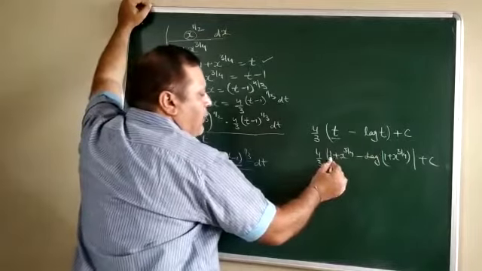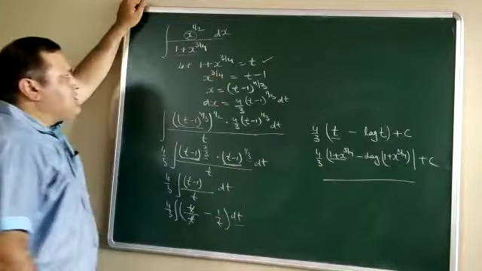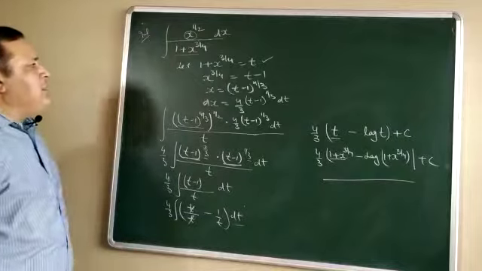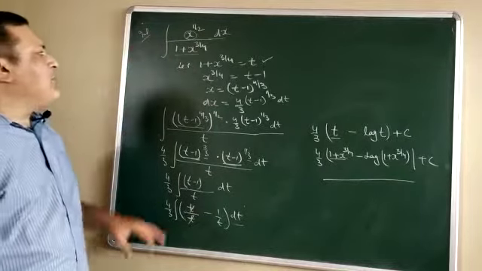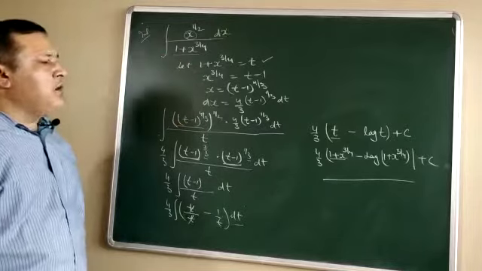Now substitute the value of t here and here, and you will get the solution. This is a very good and important question for understanding, because the derivative is not observed by us directly, but we find the solution by doing some adjustment or by thinking.